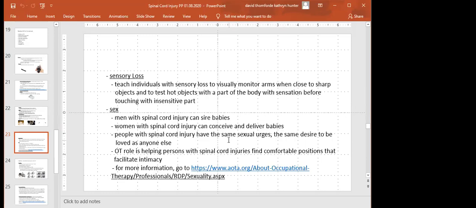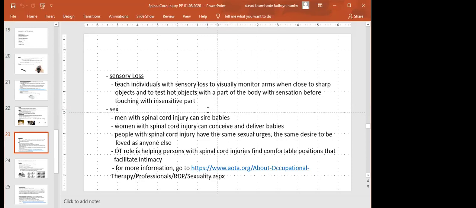And this is because people with spinal cord injury have the same sexual urges, the same desire to be loved as any of the rest of us. And we as occupational therapists need to respect this. As an OT, one thing you have to do is you have to feel comfortable with it. And this is going to be difficult for a lot of people, but if you do feel comfortable with it,